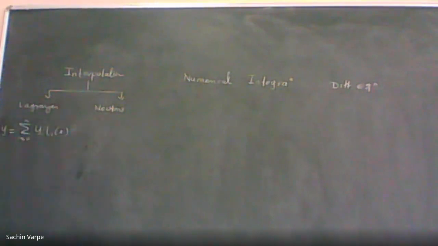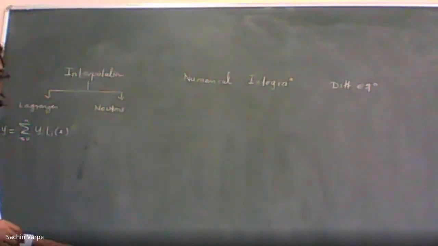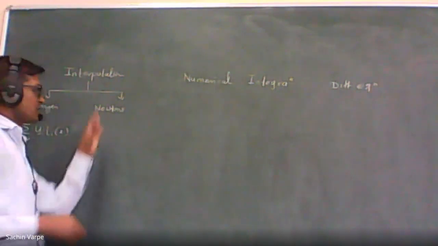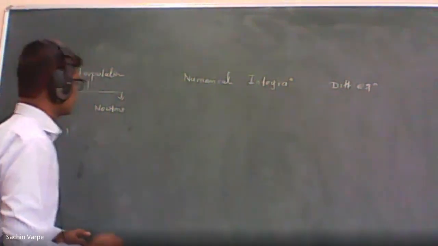And in Newton's interpolation, we have discussed first of all the operators, 4 to 5 operators. That is forward operator, backward operator, then difference operator, isn't it? Then central difference, average operator, and then shift operator we have discussed. Then with the help of these operators, we got the relation between these operators also. And then with the help of forward and shift operator, we have defined the two main formulas for the Newton's forward difference and Newton's backward difference interpolation polynomials, right?